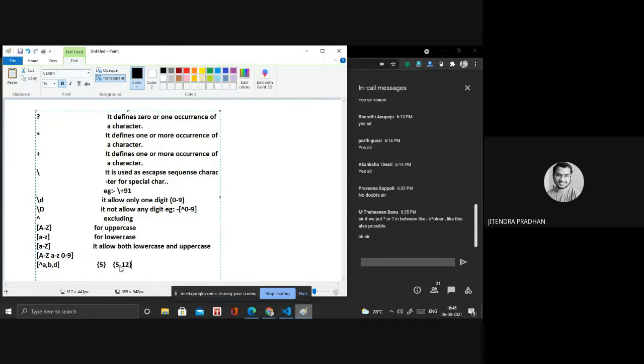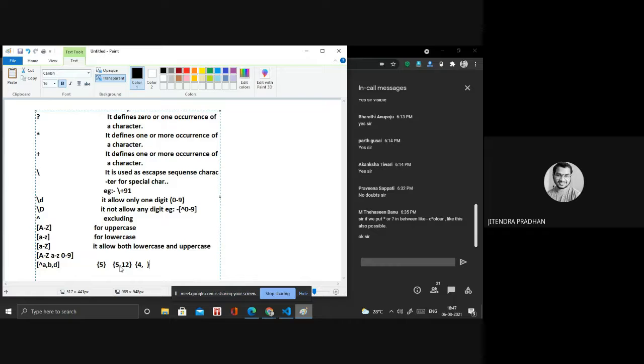By using curly braces, we can do that. If you want to write the starting value, but you don't want to define the ending inside that, it will allow whatever you enter. But if you want to restrict up to a number of characters, you can. If you want to allow only 5 characters, it's allowed.